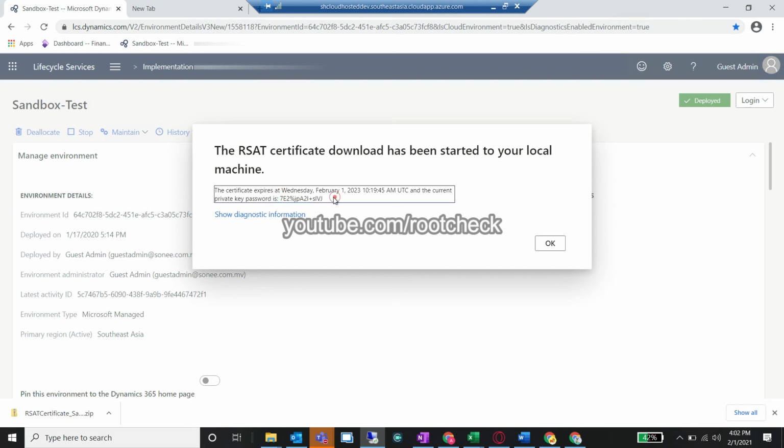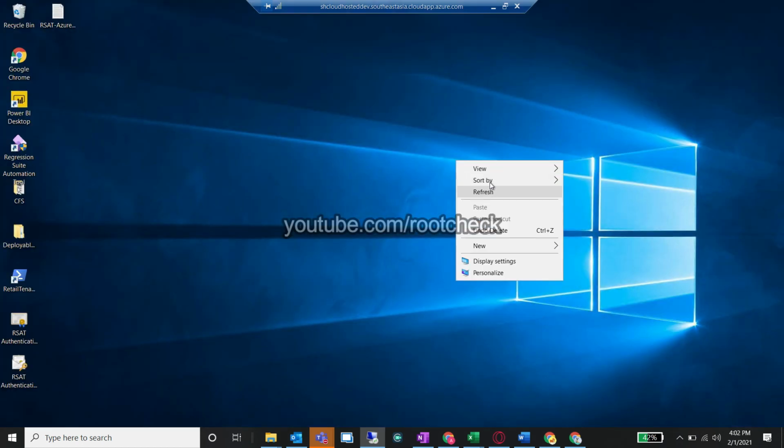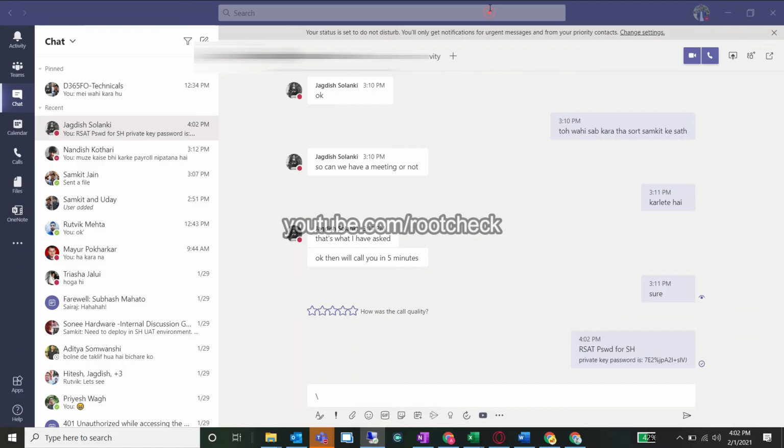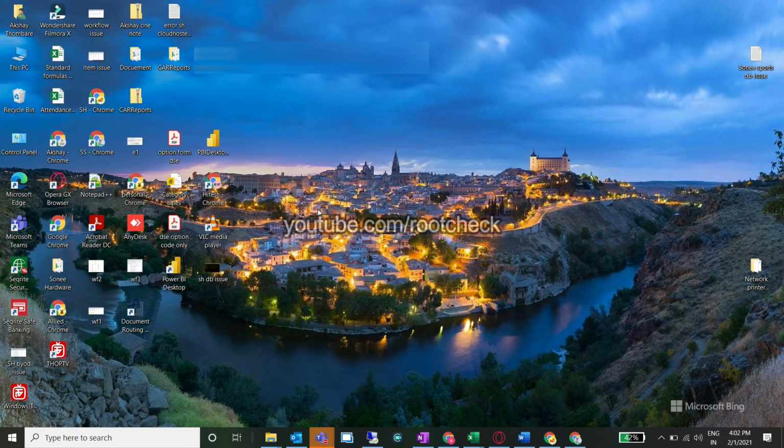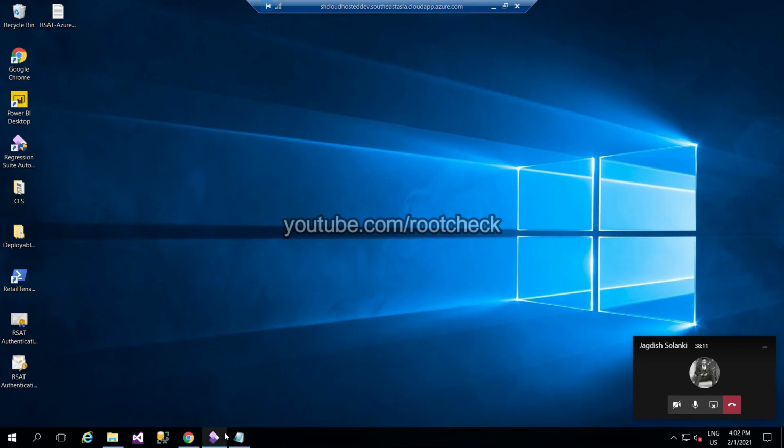So just install this certificate in the machine where RSET is installed. And also for the thumbprint section, we need to look for that certificate.